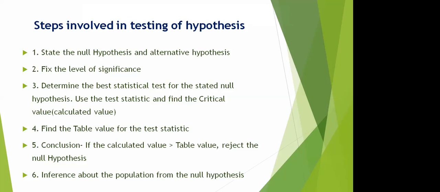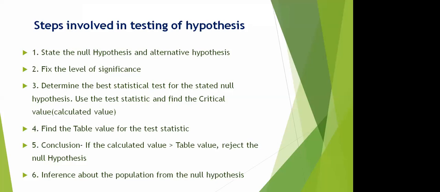And if he didn't get the appropriate sample size, maybe he planned for a probability sampling technique, and unfortunately he went with a non-probability sampling technique. If such unfavorable things happen to the researcher, then he may reduce his confidence interval to 90%. But usually we fix a 95% confidence interval and a 5% level of significance for the analysis.